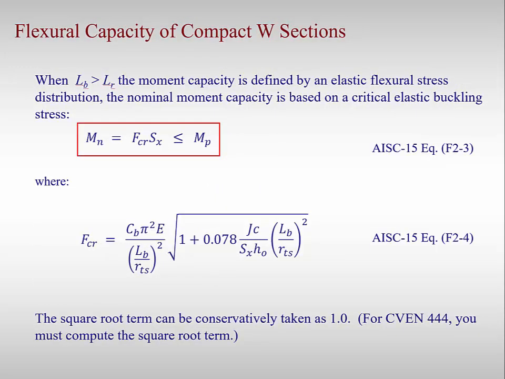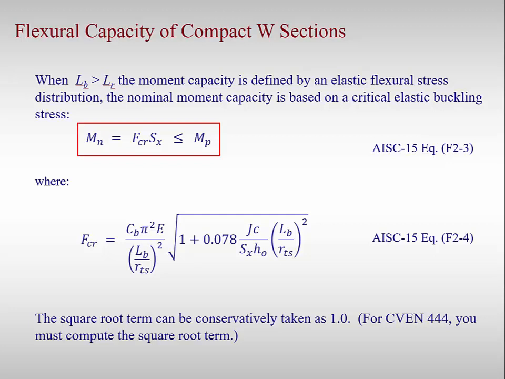If the unbraced length is greater than L sub R, it means that the moment capacity is defined by an elastic stress distribution. The nominal moment capacity for the elastic region is derivable by calculating a critical buckling stress as given by AISC equation F2-3. This critical stress is then multiplied with the elastic section modulus S to arrive at a nominal moment capacity. Again, the nominal moment capacity is then multiplied by a reduction factor of 0.90 to get to the design moment